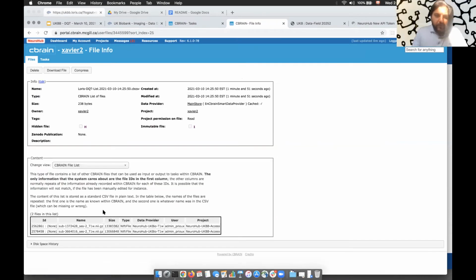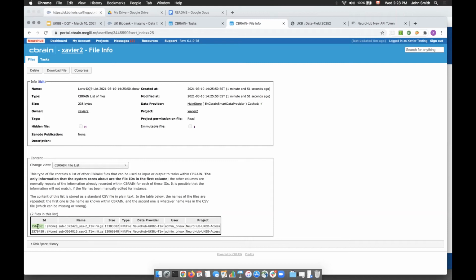So that solves the data transfer issues, right? A couple of clicks, copying and pasting a token from one platform to another, and whatever data you've very elaborately chosen is now available within this CBrain interface. And now you can do things to that data. You can process or convert or whatever you want, and you can choose from any number of pipelines and tools that exist there. This is the part where Xavier will take you through in more detail.